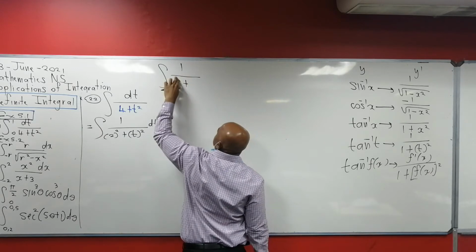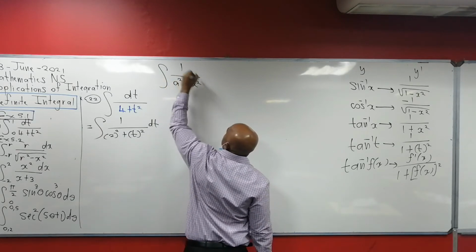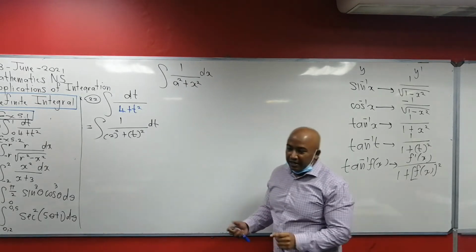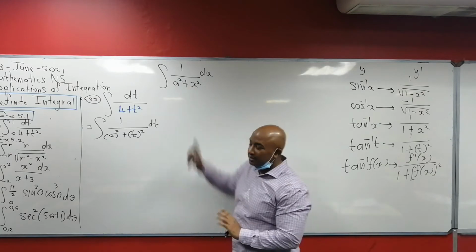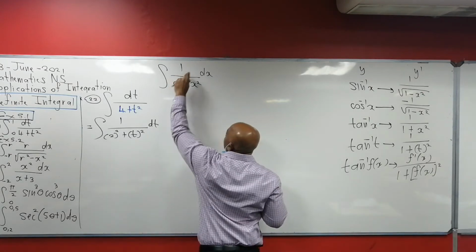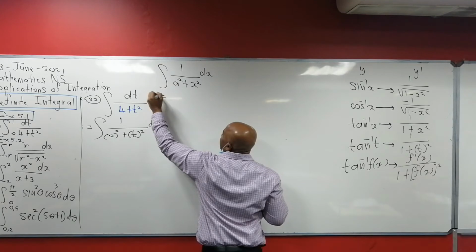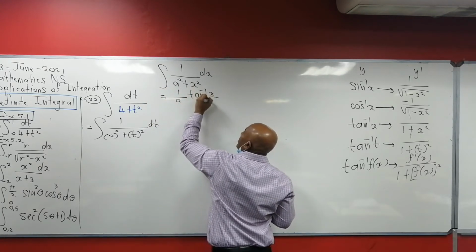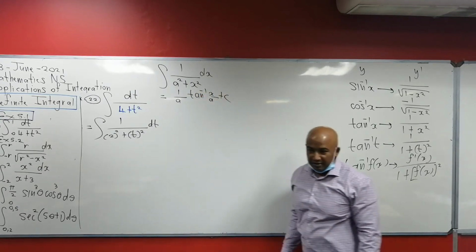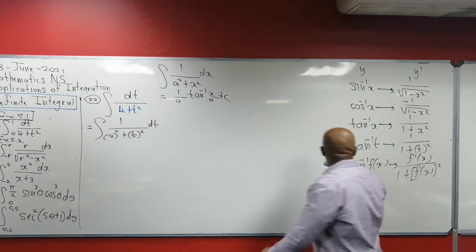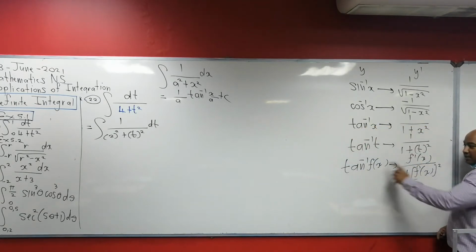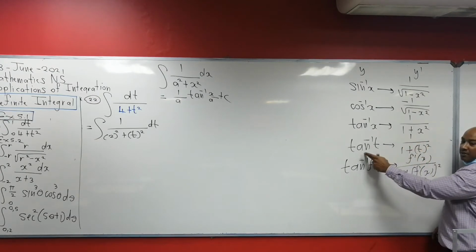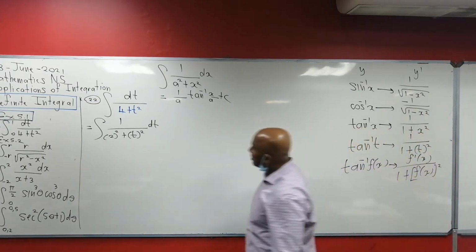plus x squared. Right, so this is how it's given to you in N5. In N6 you have the B here also. But the fact is, if you got 1 over a squared plus x squared, then this can be written as 1 over a inverse tan x over a plus c. Okay, so this is working backwards. So basically what am I doing? I'm going from here back to there. That is integration. 1 over 1 plus t squared, when you integrate it, it becomes inverse tan t. So if I want to do this,